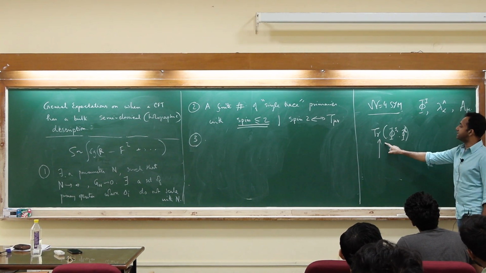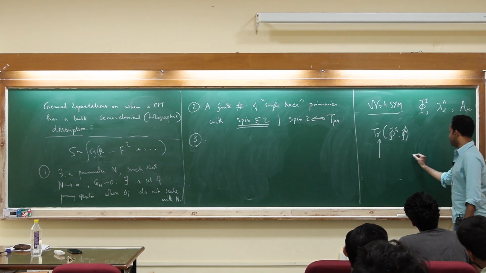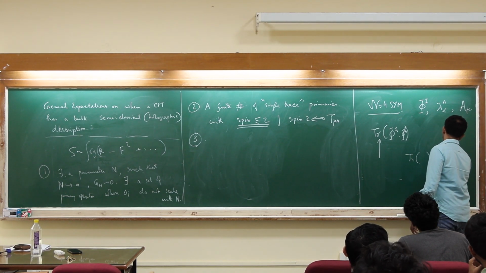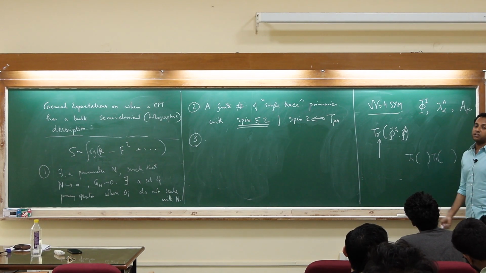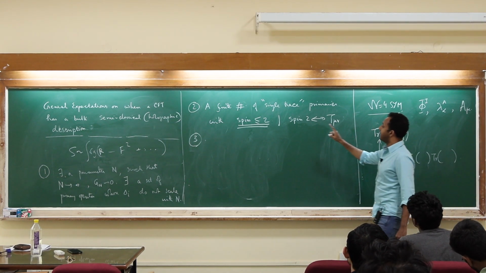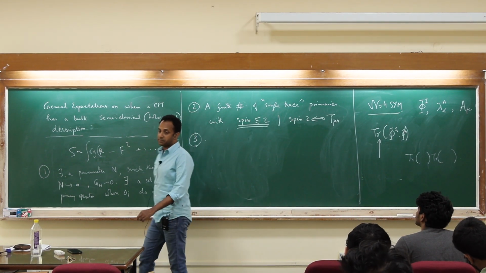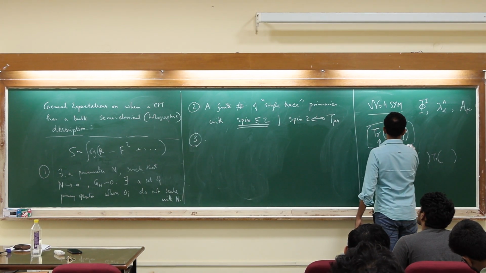Single trace basically means those gauge invariant operators which are constructed from single traces. In principle, you could also take a trace of something and multiply by another trace. Right? So this is called a double trace operator. The reason why we care about this is again related to this chiral primary thing that I mentioned earlier, is that these kinds of operators are